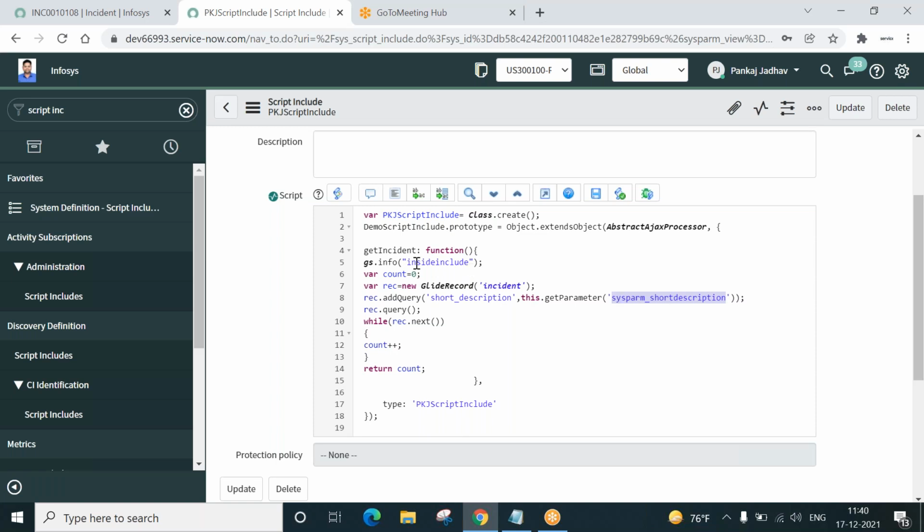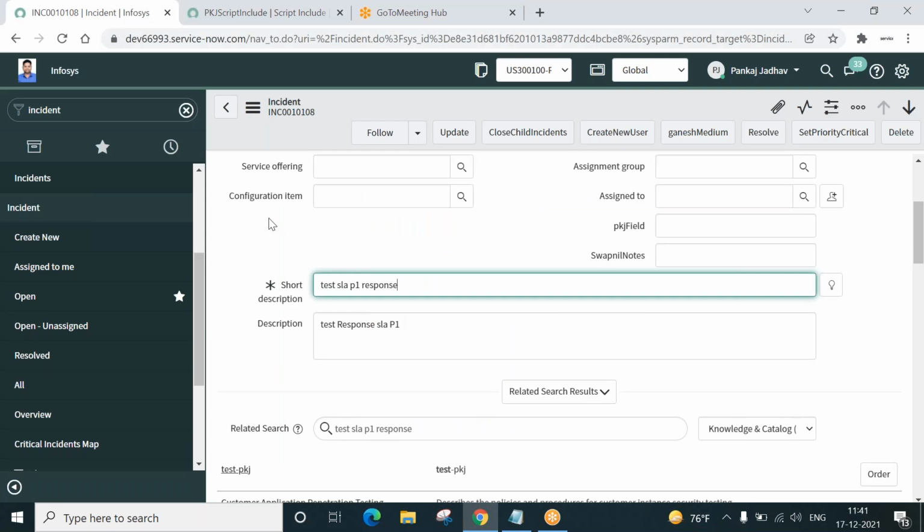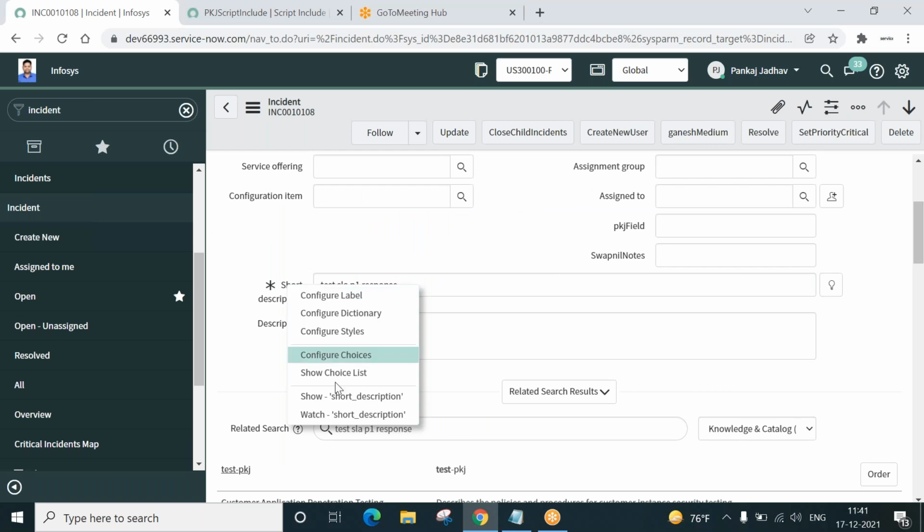In short, what are we doing? This will print in the log. I am taking a temporary variable and initiating a GlideRecord. Open a reference to the incident table, and add a qualification: short description is equal to whatever the client script has sent. If I open an incident and right click, the short description is this.